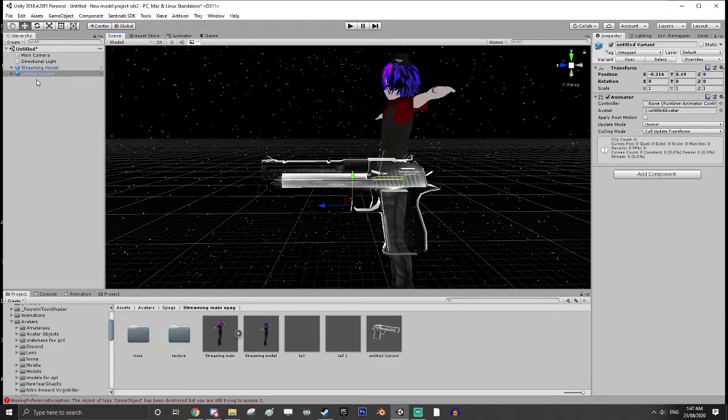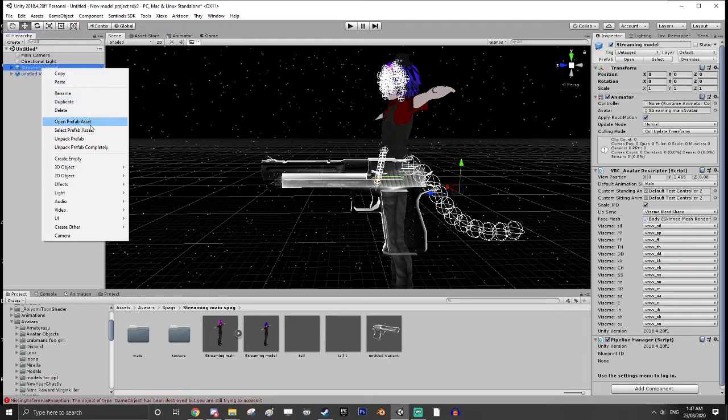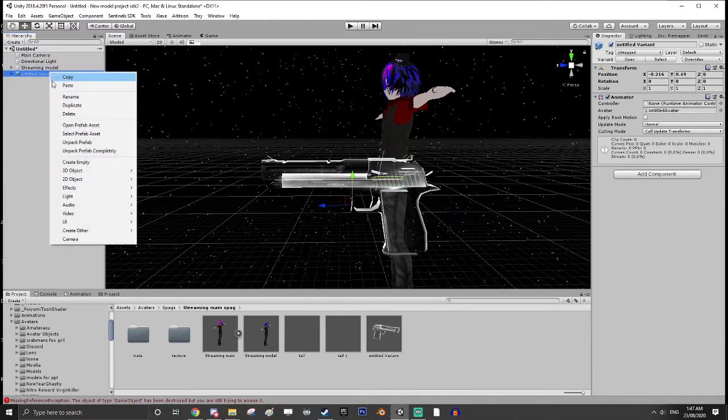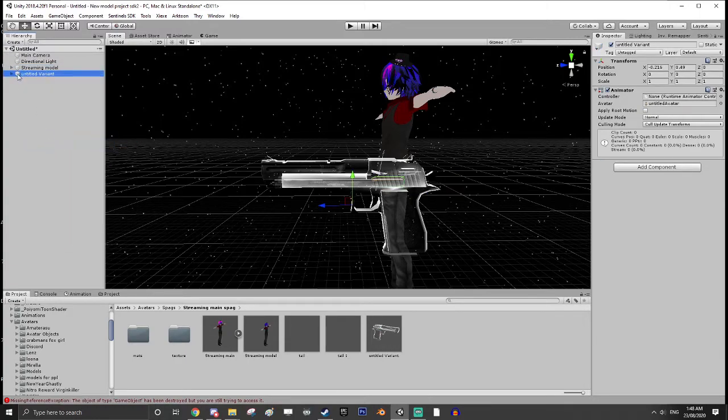So one other thing we always make sure when we're doing this stuff, make sure everything's unpacked. Okay, so what I mean by that is just right click it. See, at the moment how it's a blue square means it's a prefab. Unpack the prefabs, because for some reason whenever you do stuff, okay, there we go, unpack, you want them to go grey like this. Whenever you do stuff with animations and all that sort of gear or fancy stuff with an avatar, they don't seem to work, and it's because they're in a prefab, and Unity, in the 2.0 system, doesn't like